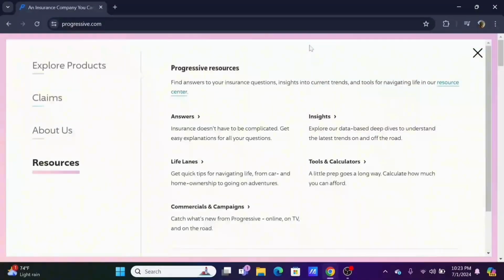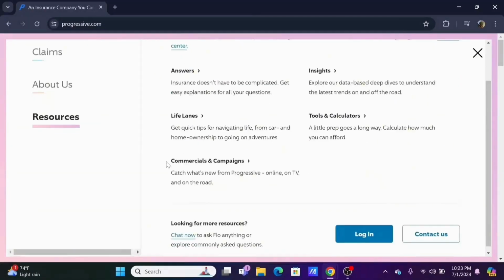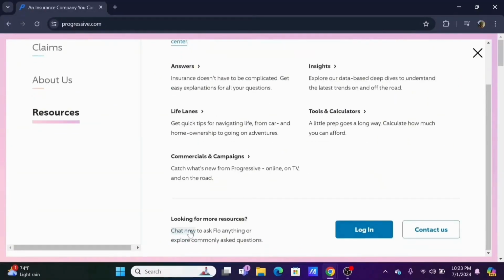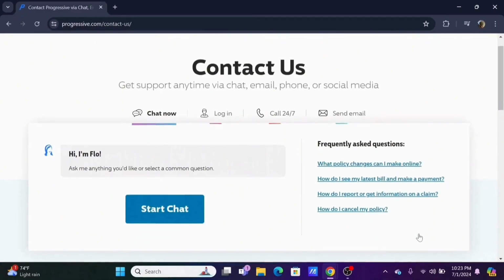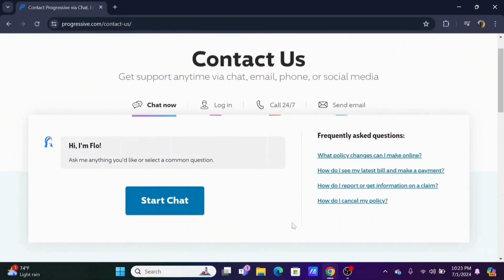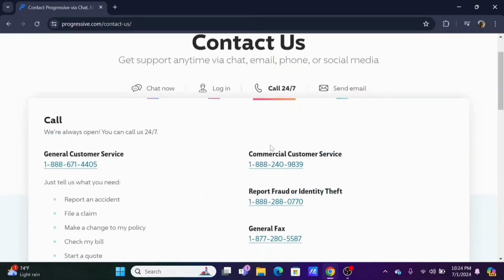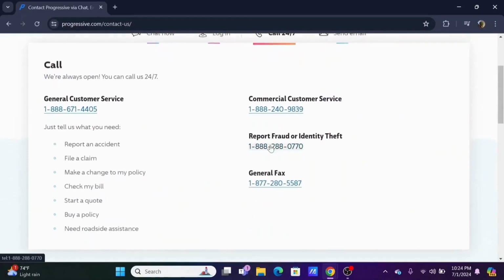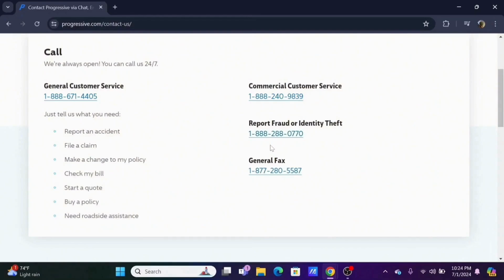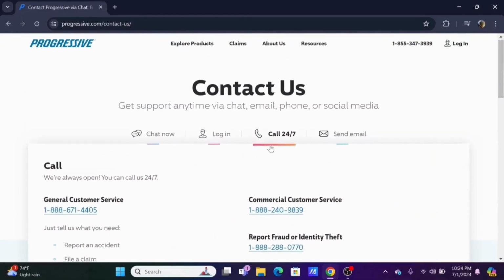If you want help and support regarding it, select the resources option. In the resources at the bottom, you can select on the chat now option or tap on contact us. In here, you will find various mediums through which you can contact the Progressive team. If you tap on Start Chat, you can chat with the bot regarding the renewal process. If not, call the toll-free number and the agent will walk you through the process and provide you with necessary